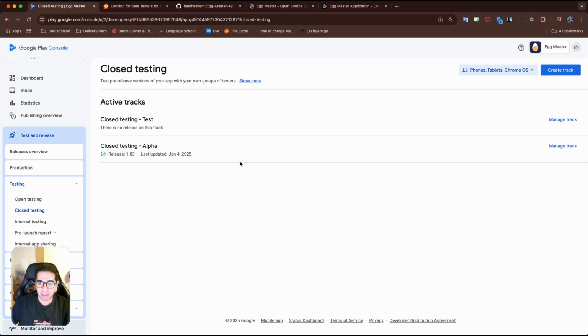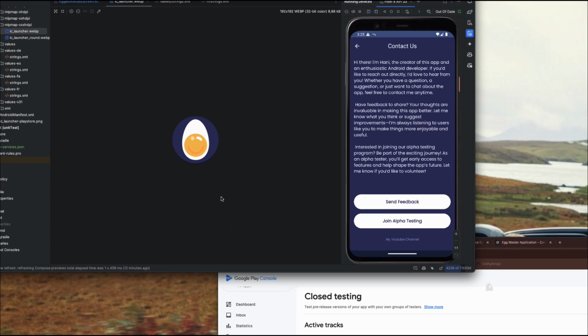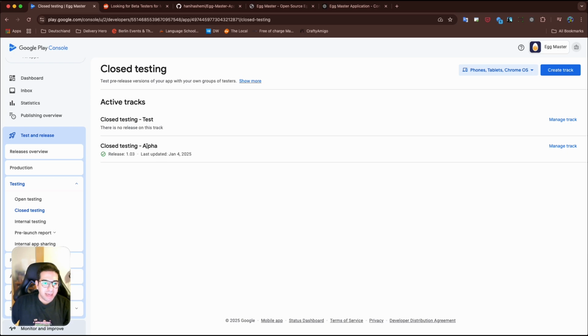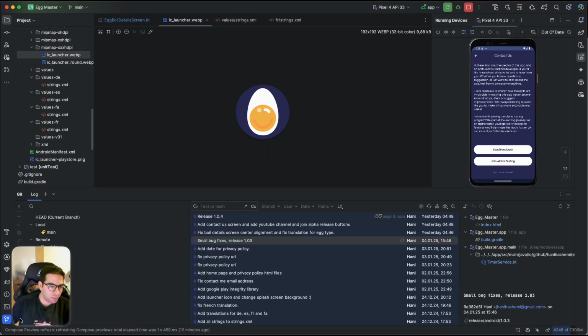I'm not really sure that it would be the best approach or not, but let's see how it goes, right? So let's go back here. Now what we want to do is publish our new version. Let me just go back here and explain. At this time, I released this